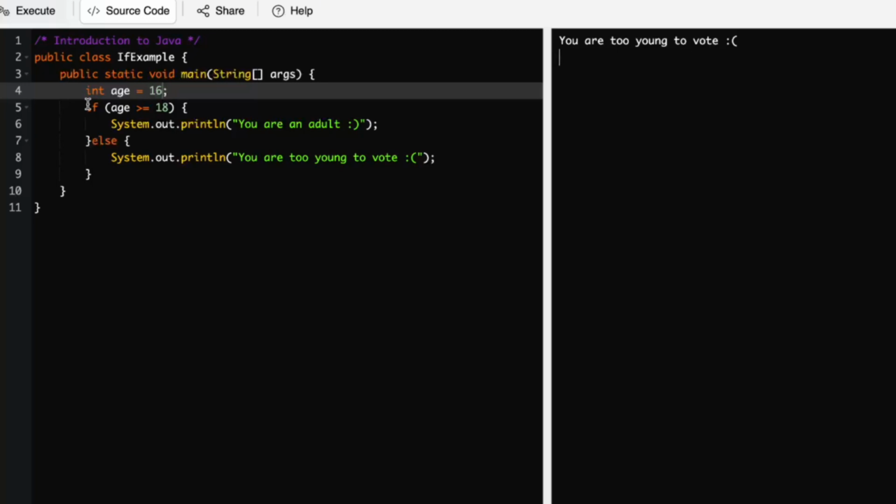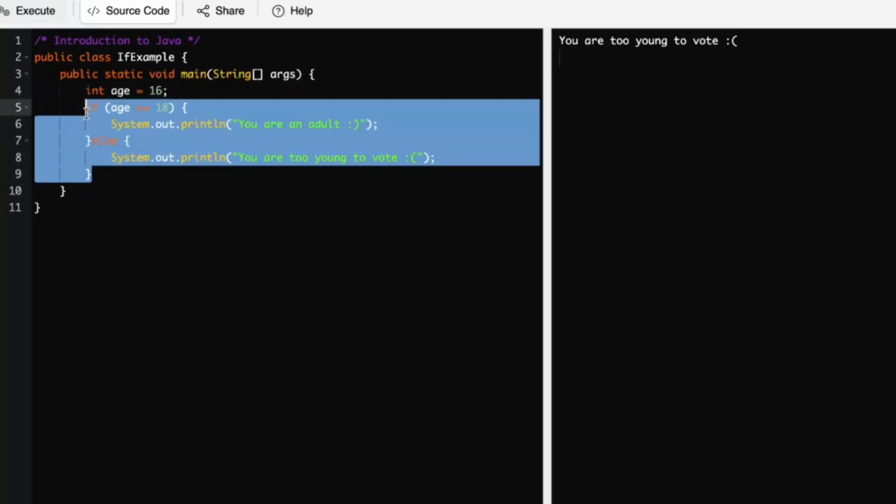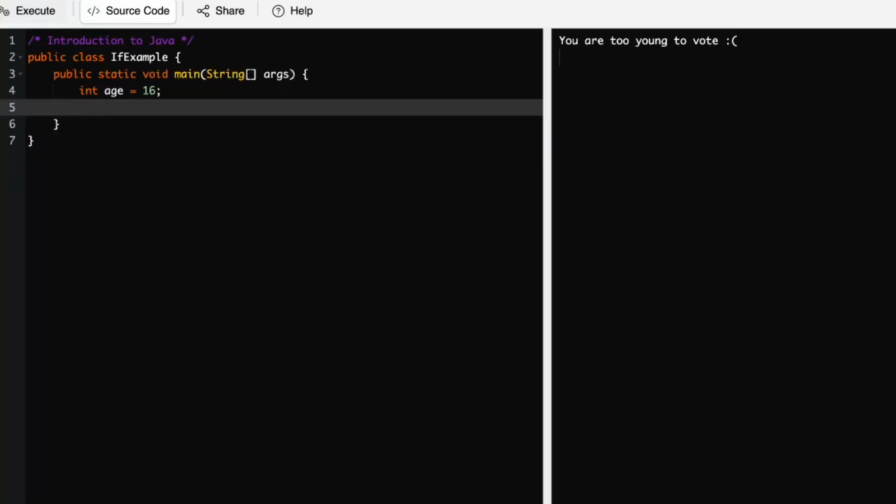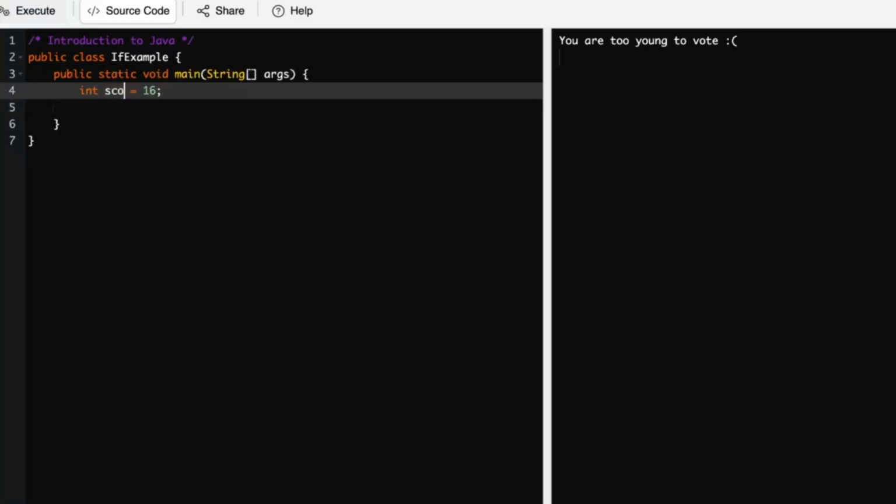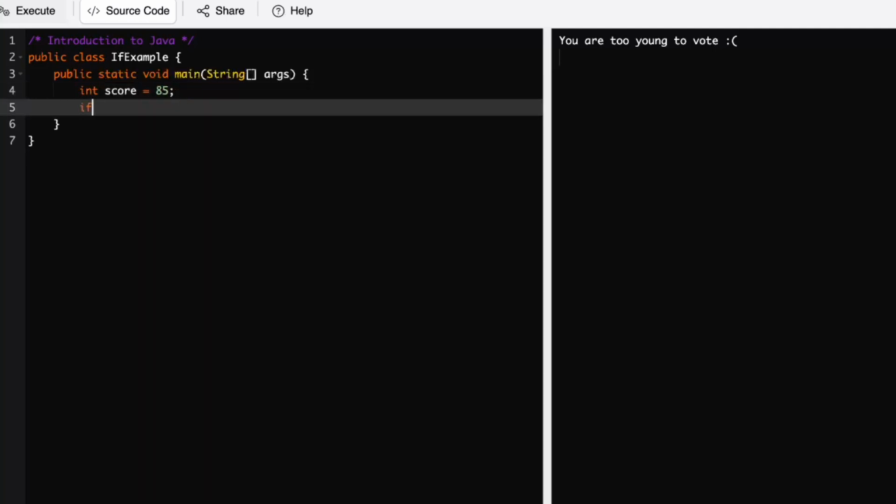It's how it works. Now if we add the if-else chain, how it's going to work is, let's suppose, let's delete this and let's work with score, for example. So if the score is 85, let's do an if statement. So if score is more or equal to 90,